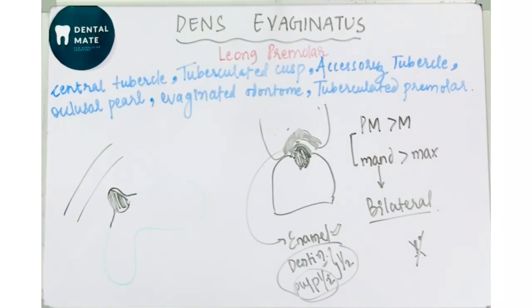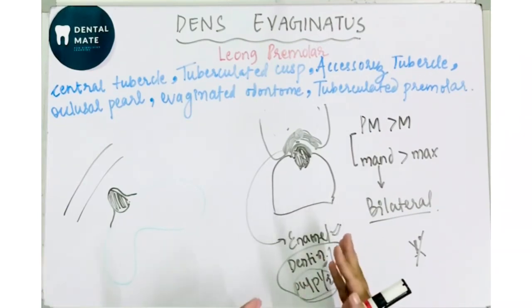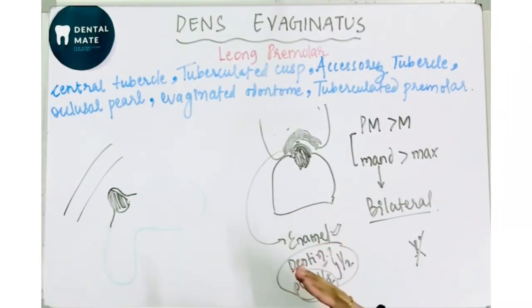So next, if we talk about the treatment of dens invaginatus, then see, normally if the patient is not having any problem, there is no treatment. But if there are occlusal interferences which are secondary to periodontal problems the patient is having, or a chewing problem, or whatever problem is occurring, then it should be excavated.